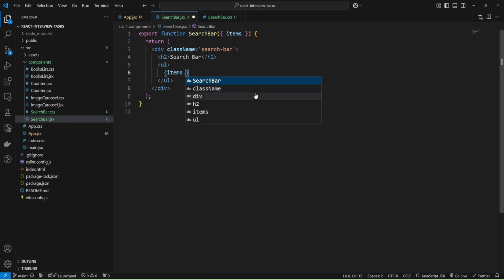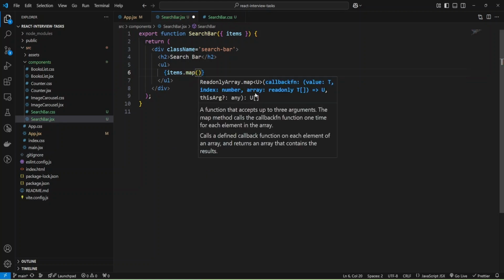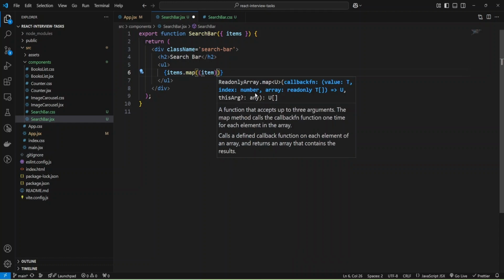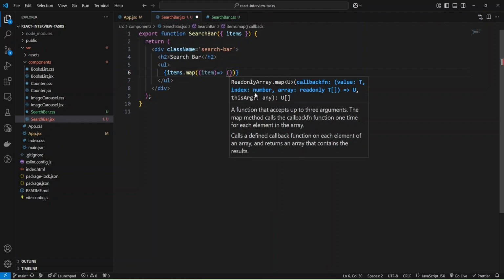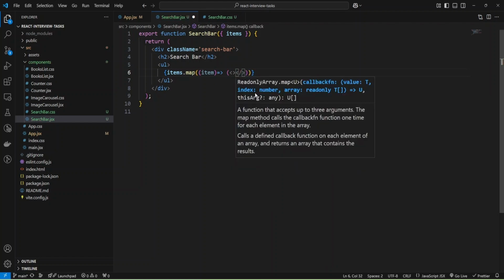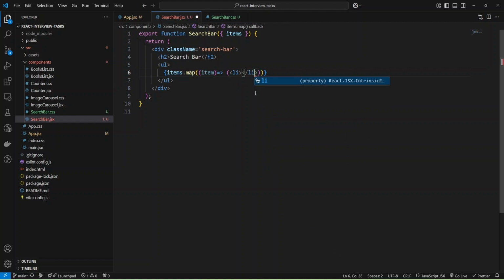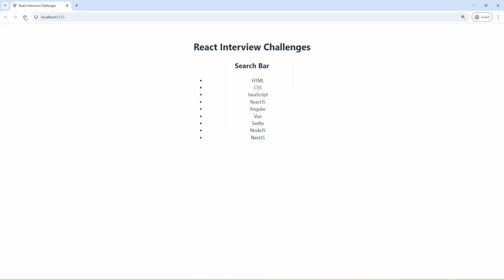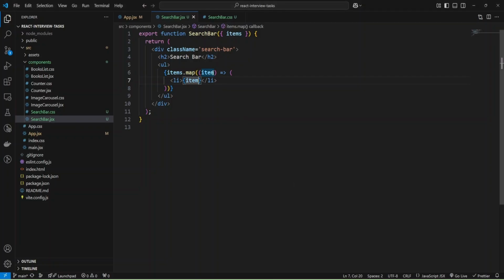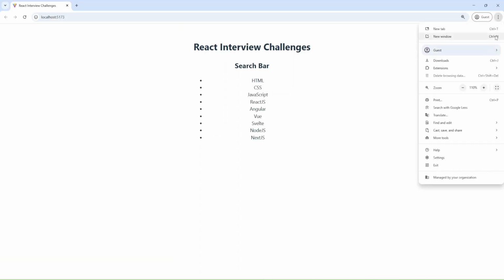Items is an array, and I can use map function to iterate through items, and for each item I'll provide the function that will just return JSX, and I'll use li. Okay, and we'll just provide my item, and let's check. Okay, and we have our items, and probably we need to provide key, because if I open console,